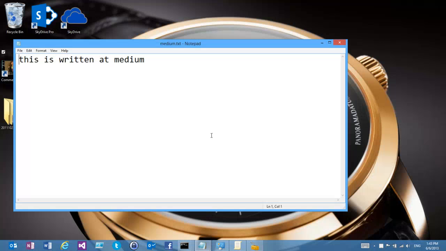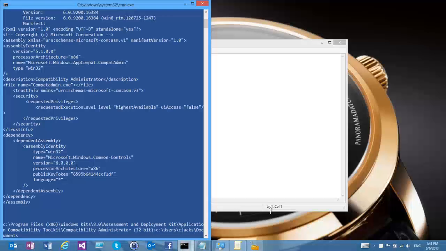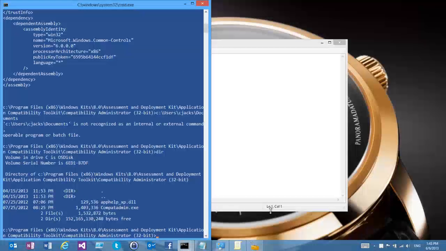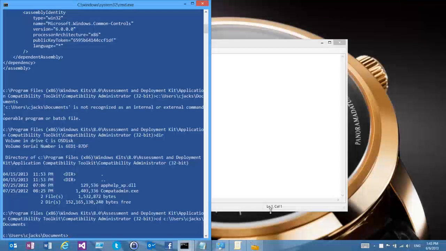And you can also flip that policy. I always like to see this as well. I'll use a command line tool that's written by Mark Russinovich. I'm going to go to C, users, my name, and documents. I'm going to use the command line utility that he posted on his website called CHML, and I'm going to call it medium.txt.